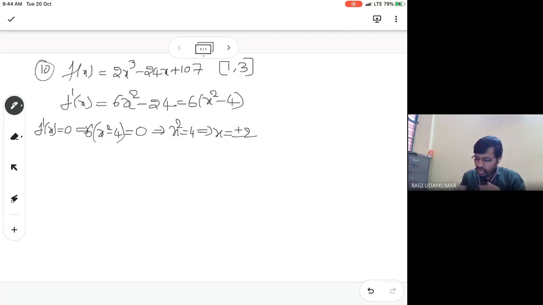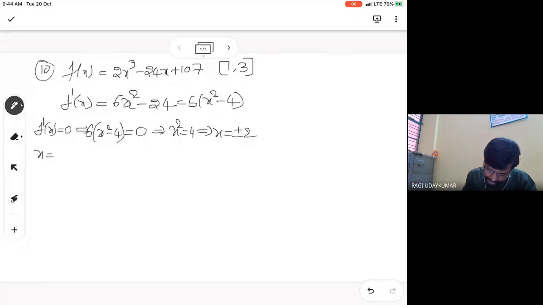So then what we have to do now? To find out the maximum value, the absolute maximum. Maximum is nothing but completely maximum. Here the maximum value is nothing but the absolute maximum, meaning among all the values, which is the maximum, that we need to find out. So therefore x is equal to plus 2 and minus 2 are the critical points.